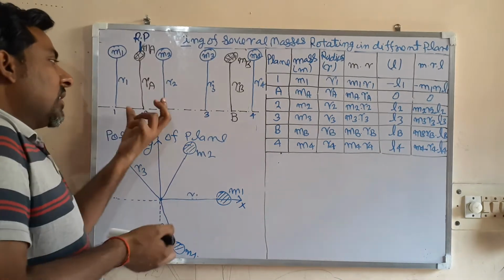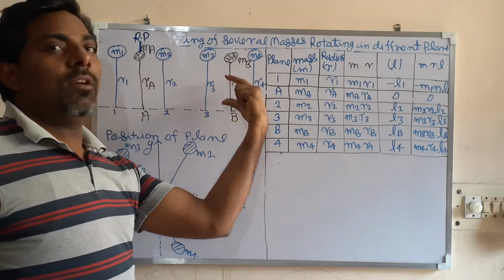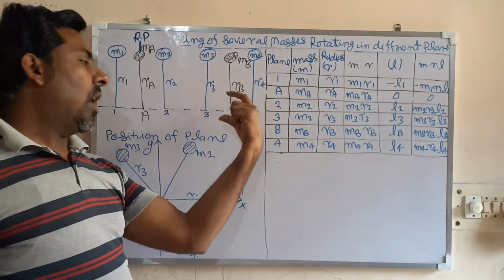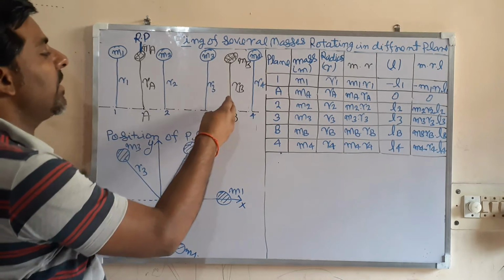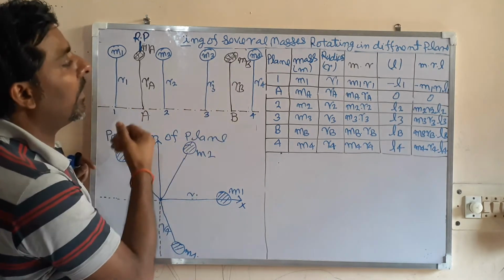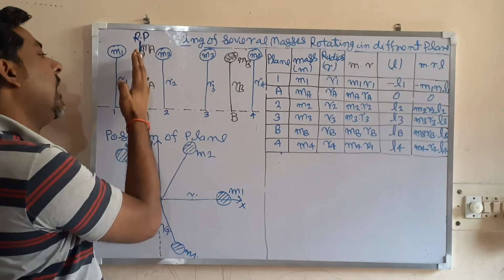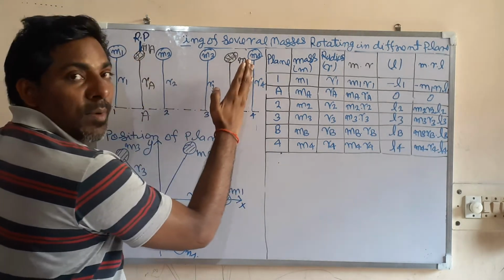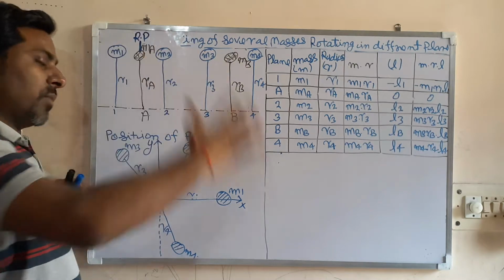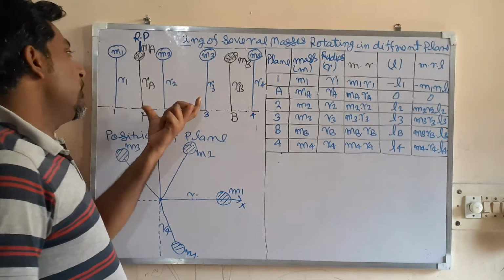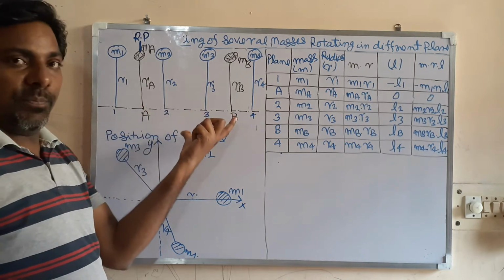Why have I not taken the reference plane at B? Why have I taken it at A? This is also unknown. I have not taken it at B because most of the distances will be negative, only one distance will be positive. If I take it at A, then most of the distances will be positive, only one distance will be negative. That is the beauty of choosing A, not B.